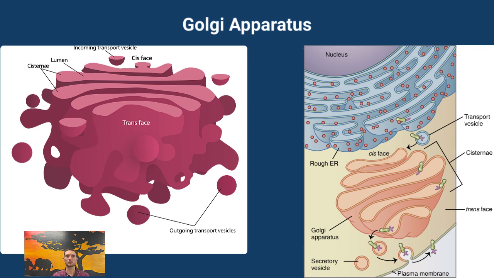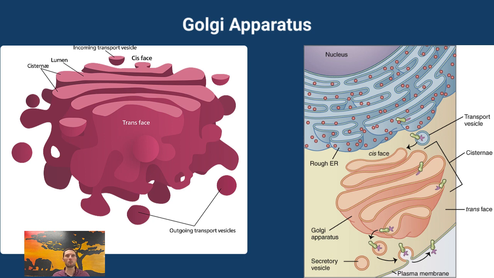After that processing, they're transported by vesicle to the destination, sometimes within the cell, oftentimes outside of the cell, and the movement of those vesicles is sequential, in which each protein gradually moves through the cisternae from the side closest to the endoplasmic reticulum to the opposite side, and so it's moving through the Golgi apparatus. There's two models of how this movement takes place. There's not a lot known about the Golgi apparatus, so we're not exactly sure which model is followed as the